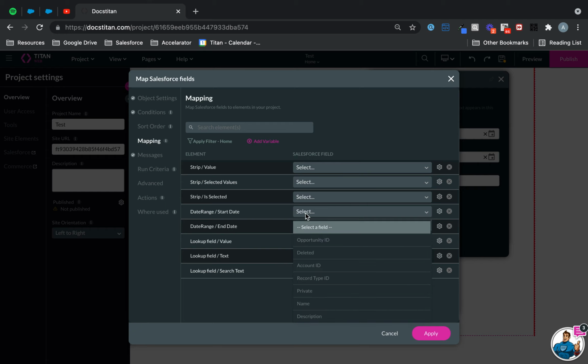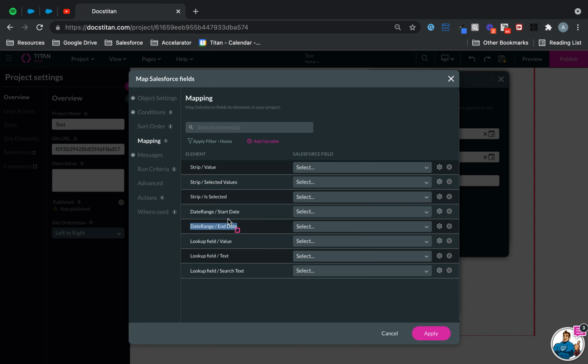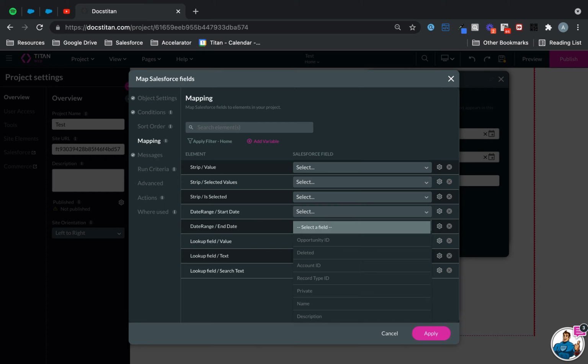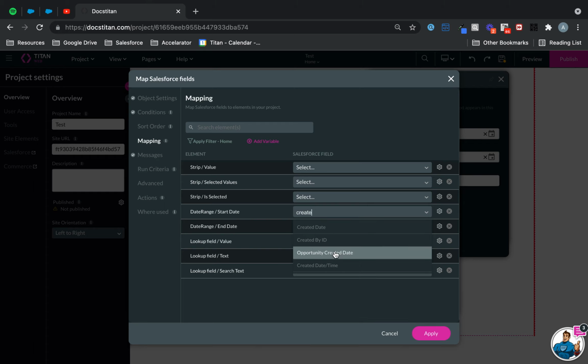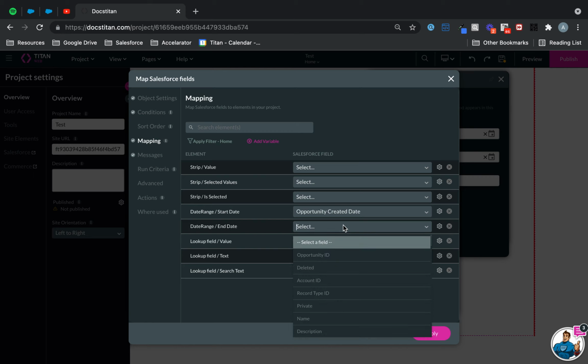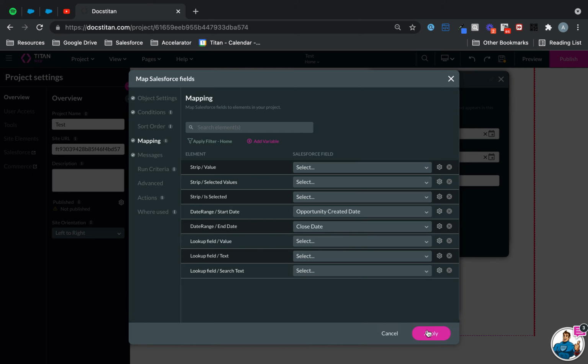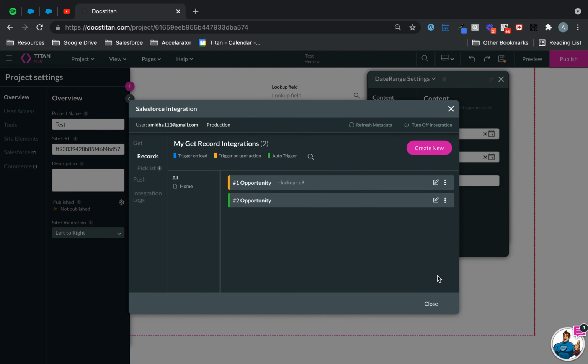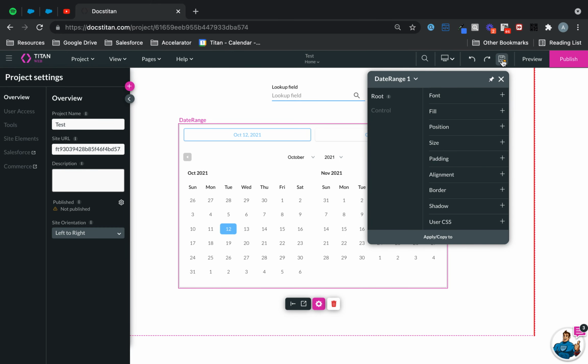And what I'm going to do is just map the two fields. These are the only two fields that you actually need to map, which is the date range start date and date range end date. They don't necessarily have to be start and end date, but these are the two combinations of date that you need to specify. So for me, it's going to be opportunity created date, and it's going to be close date. So if I click apply, close this, click save,